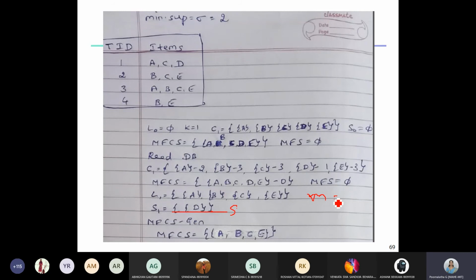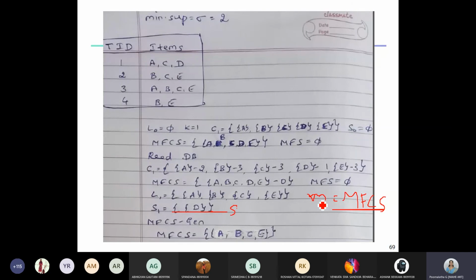So right now for this example, M is equal to MFCS because we have only one item in our MFCS. So that's the reason I'm saying M is equal to MFCS here. You need to write M equal to ABCDE. Okay.